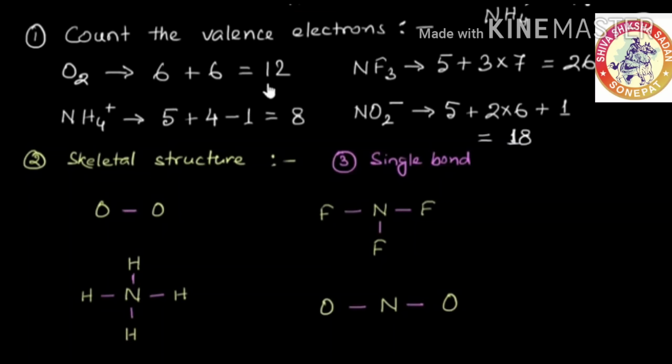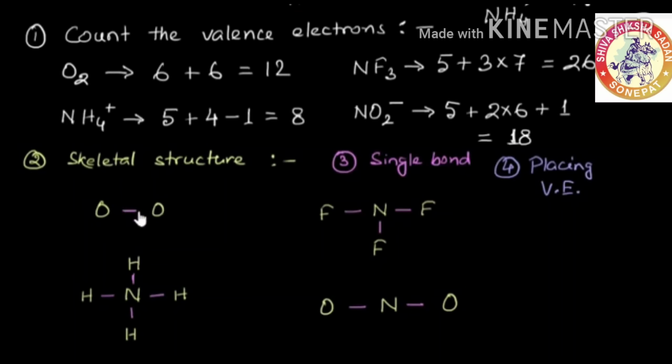Draw the dots in this way that the 2 electrons are contained by the single bond. The dots or electrons which are left in this molecule are contained in a multiple bond, or double bond, or triple bond. Now our fourth rule is to place valence electrons. Now place the 12 electrons in the oxygen atom.